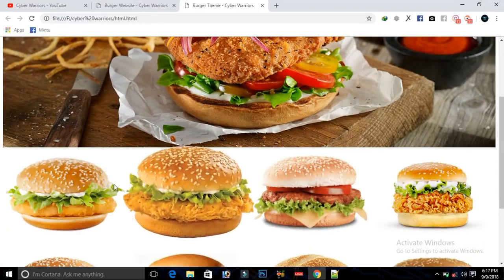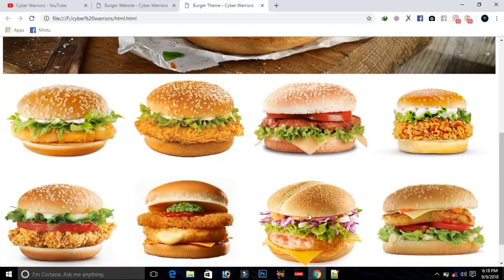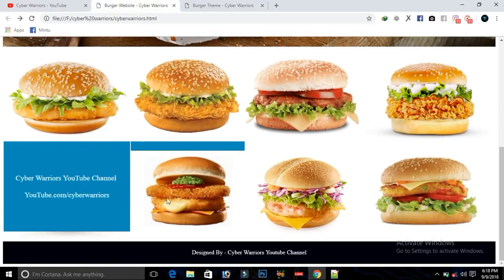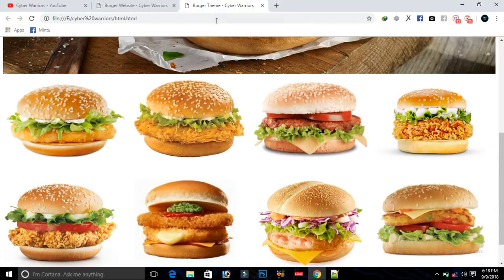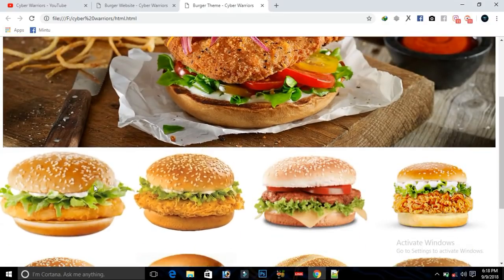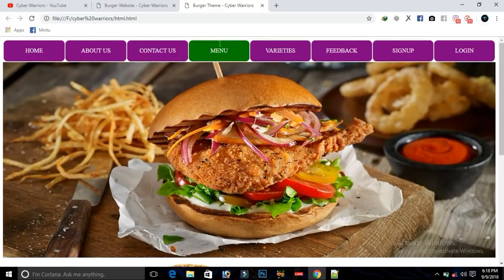So this was the first part of this tutorial. The second part to make this effect will be posted soon, and a new website design will be waiting for you